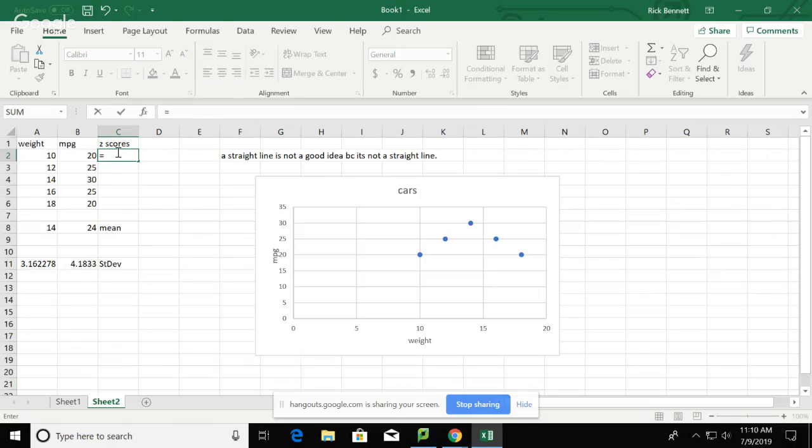Click on the 10, minus, parentheses. Minus the mean. F4. What's that for? Oh, yeah, because of the dollar signs. And I do this divided by